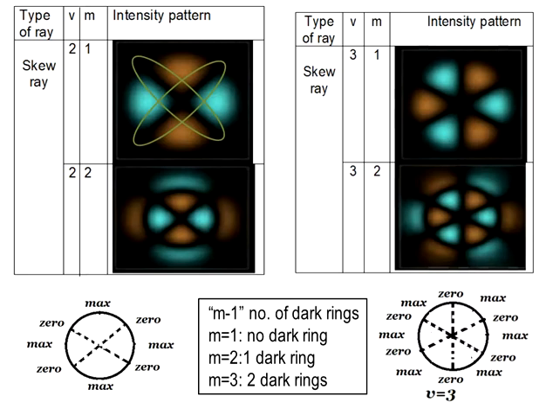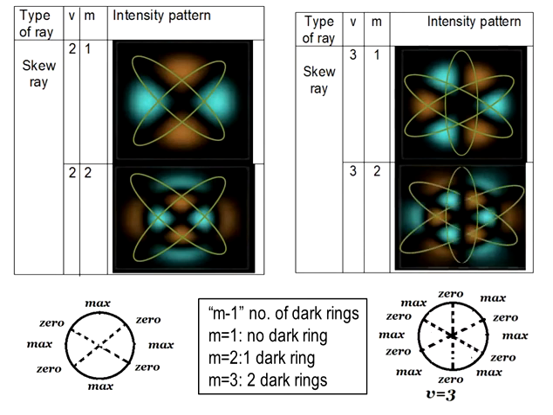Now if I put m equal to 2, you can observe the second pattern. Again, because of v, the pattern will remain the same. There will be 4 maxima, but because of m equal to 2, there is one dark ring. And the center field will be 0, then it will increase, then 0, and then it will be reduced towards the cladding. When v equal to 3, you will observe there are 6 maxima, so there will be 6 zeros also. Because of that, you will observe these 6 dark lines, and m equal to 1, so there is no dark ring.